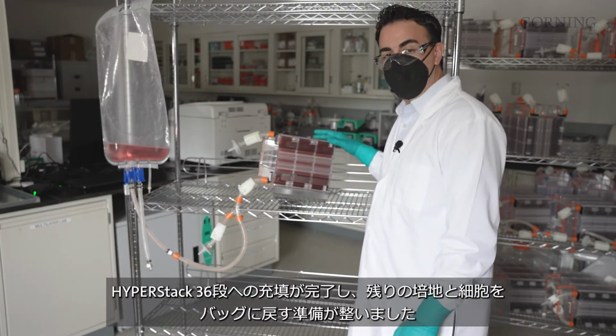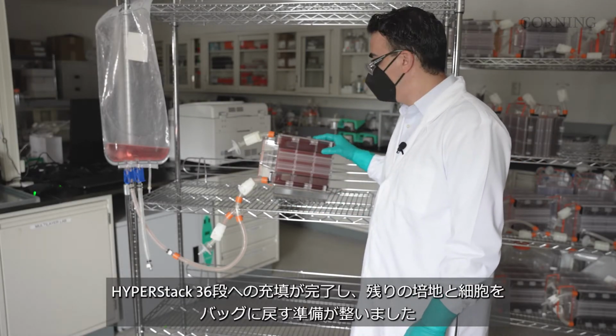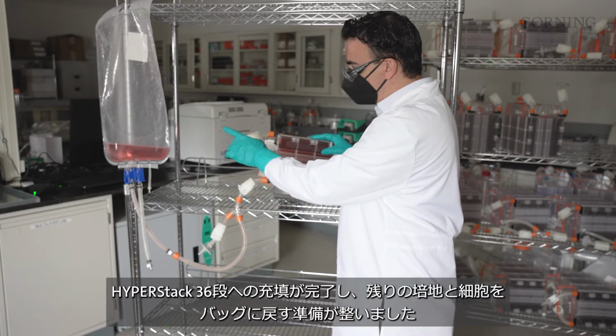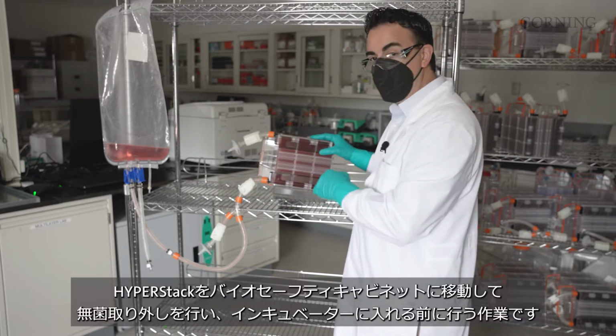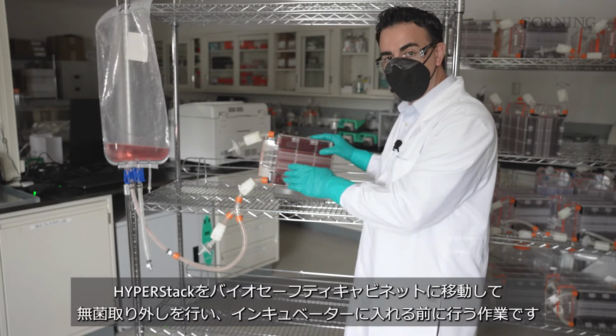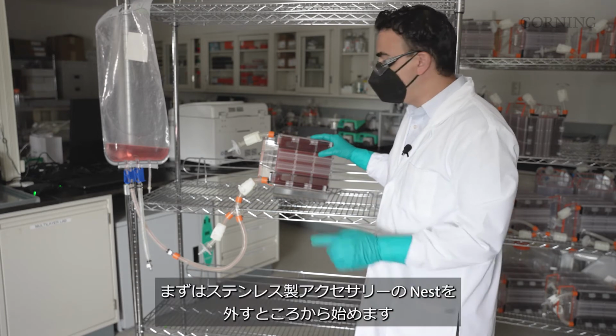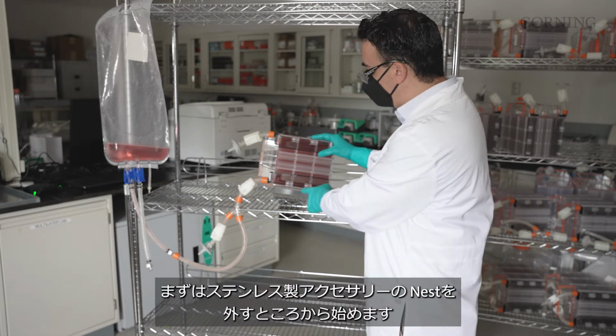Now that we've completed filling of the HYPERStack 36 vessel, we're ready to chase the residual media and cells back into the bag before we move to the biosafety cabinet to make a sterile disconnect and then put this HYPERStack into the incubator. In order to do that, the first thing we're going to start with is removing the Nest